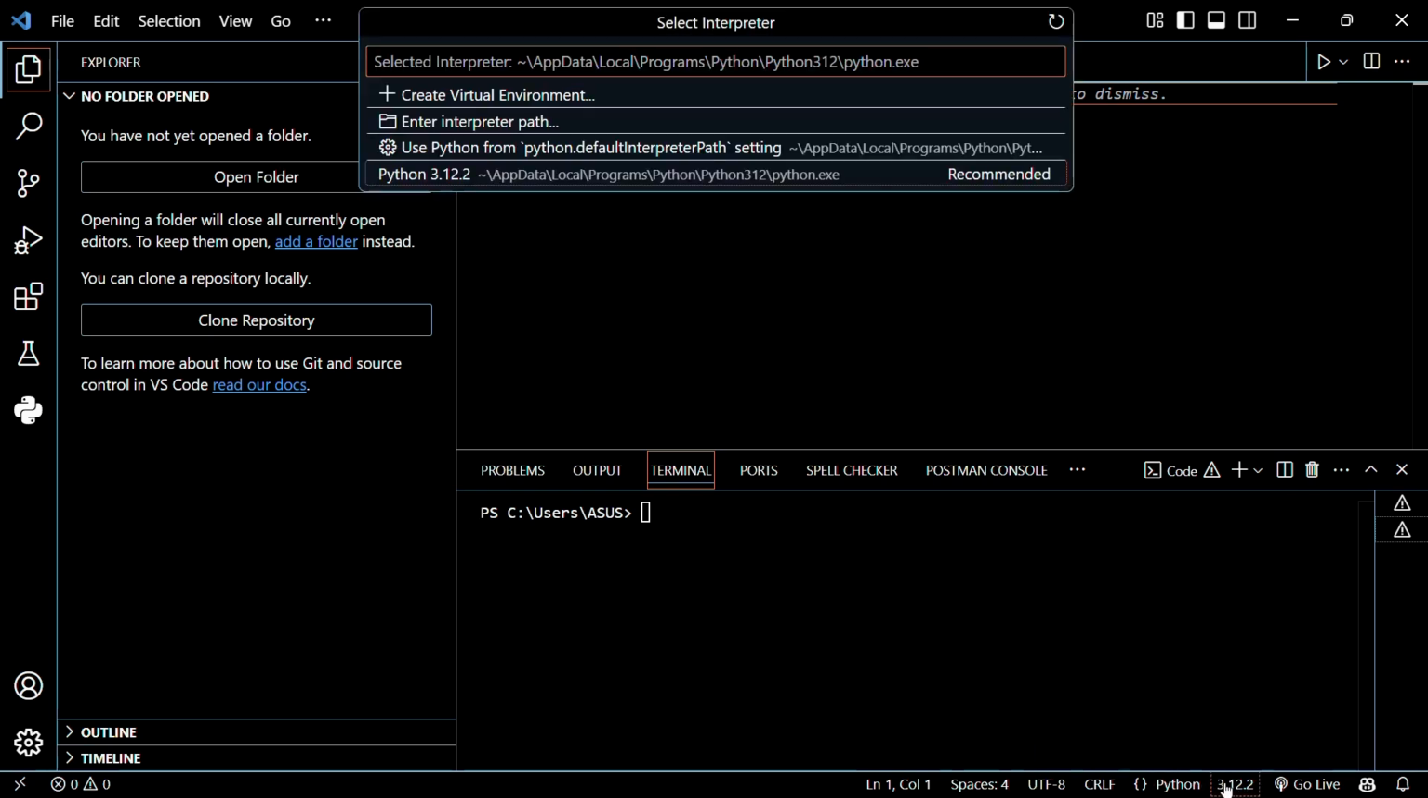If you click on here, a window will pop up from the top, and then you can choose any interpreter that you want. There are also other options like creating a virtual environment, or you may also choose to enter the interpreter path if it is not showing. And then there are other interpreters like this one from this address, or the default one, which is the recommended